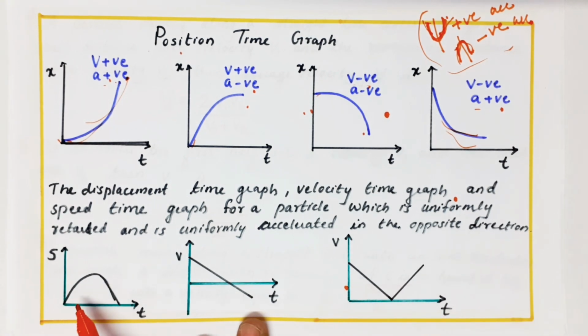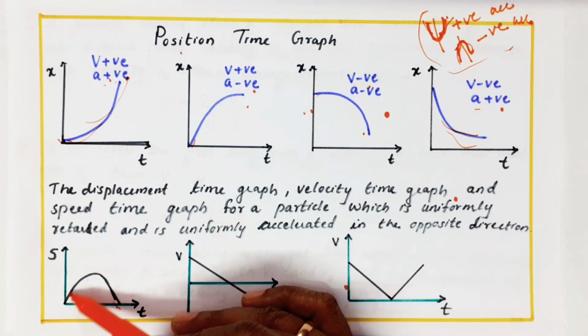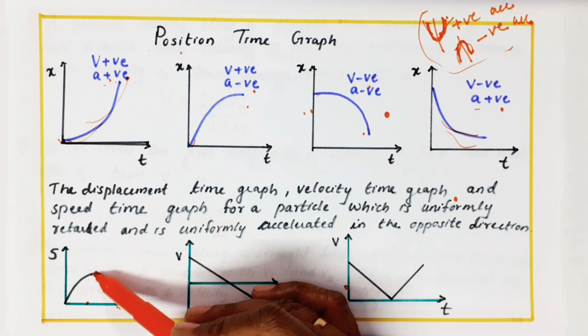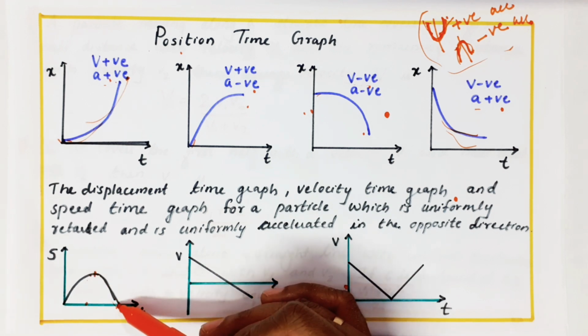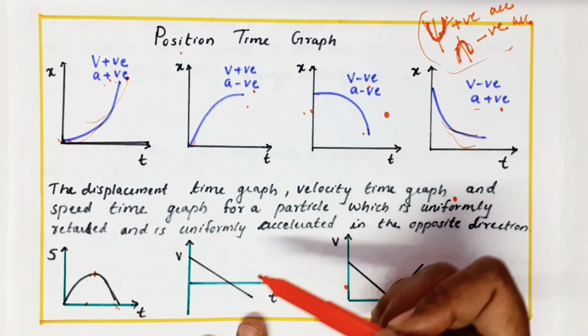So this graph you see, I told a shortcut, so it is easy to do. This is an N-shaped graph. So you know that it is for a negative acceleration, or it is also called retardation. Till here, the displacement value is coming positive. After a certain point, the highest point is decreasing. So we can draw its graph for velocity-time like this.